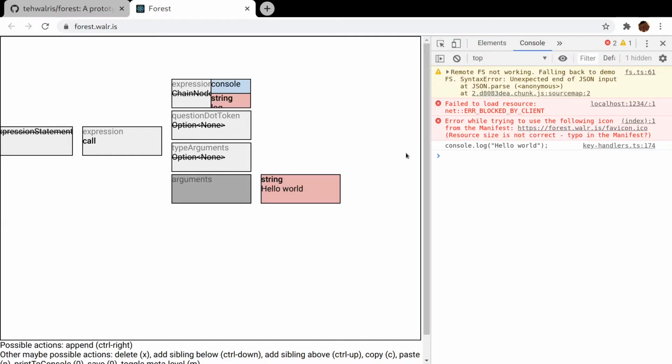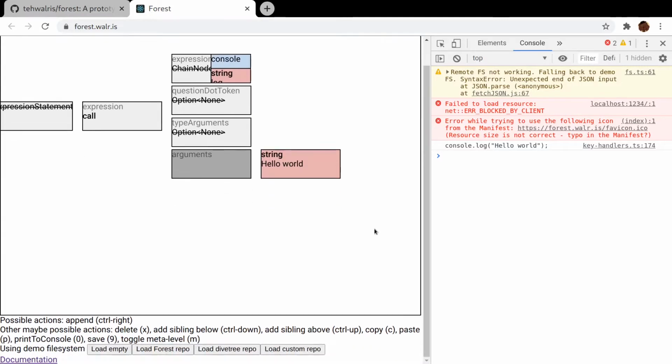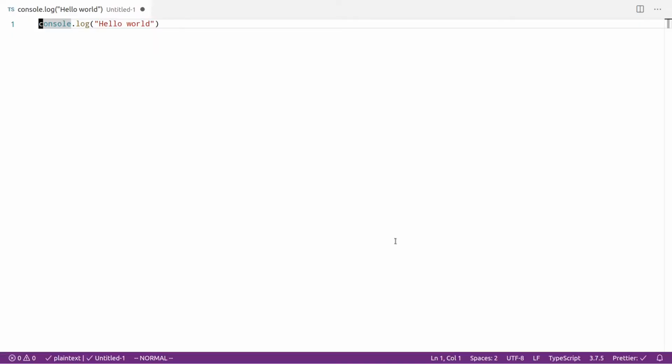When you get the hang of things, of course it's still slower than writing text directly, but it's not too bad. And there are some things which are a little more convenient or just feel different when editing a tree. So I really encourage you to try it for writing slightly more complicated stuff and getting a feel for those things. What we're going to do in this video is just go step by step through pieces of code which get more and more complicated